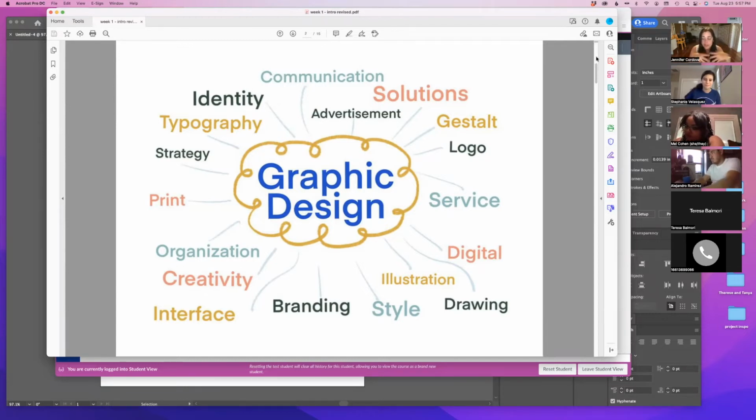All right. So what is graphic design? Graphic design is all of these things and more. It can be things like typography, and it can be illustration. It can be those elements that actually make up your design. And it also is things like being creative. It's being able to organize and solve problems. So it's solution driven. And that's what I love about graphic design. Rather than it just being a pure creative art form, there's a little bit of problem solving, and it's very diverse and ranging, and you get to use a lot of different creative elements to be a graphic designer.